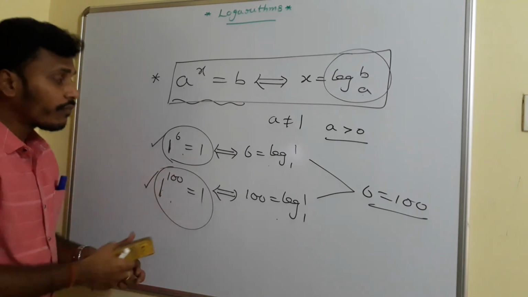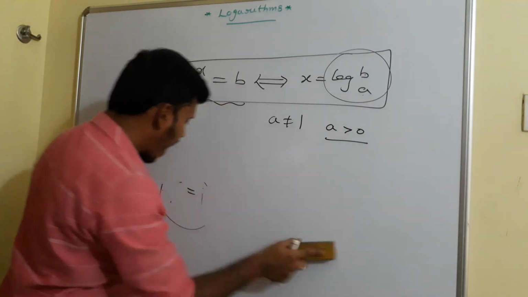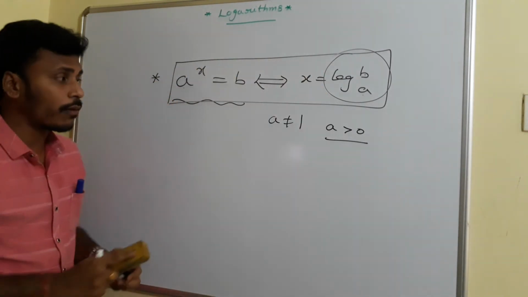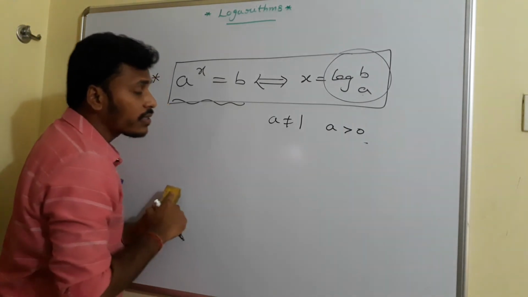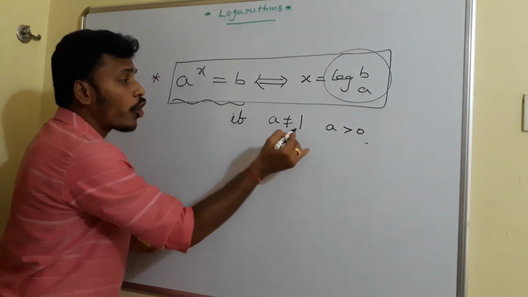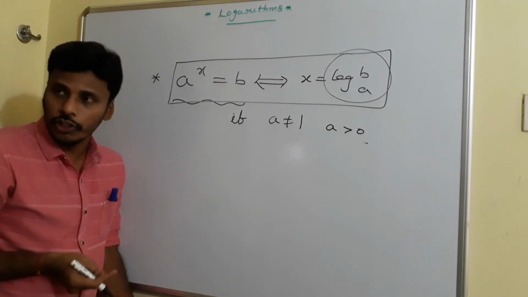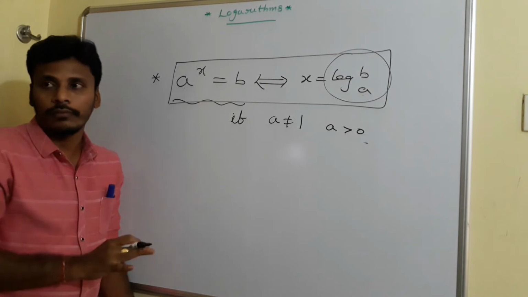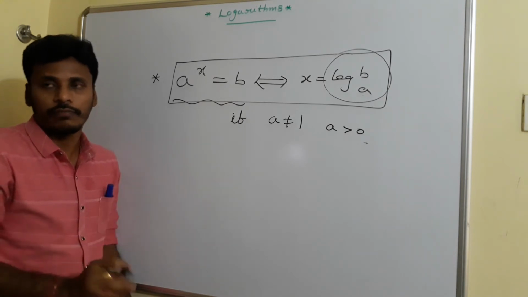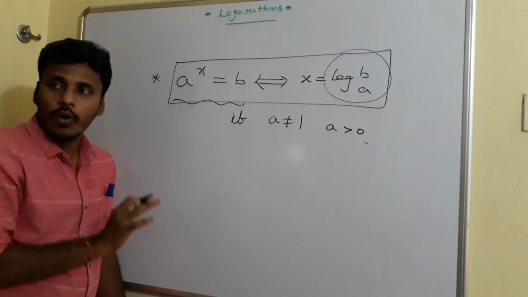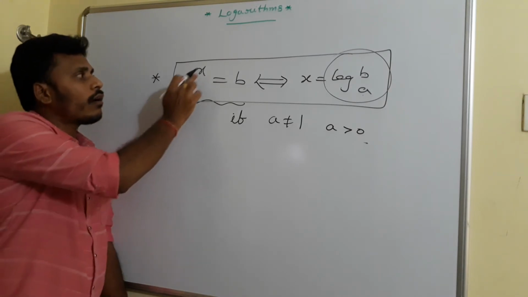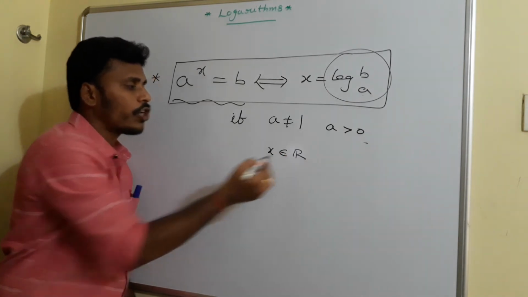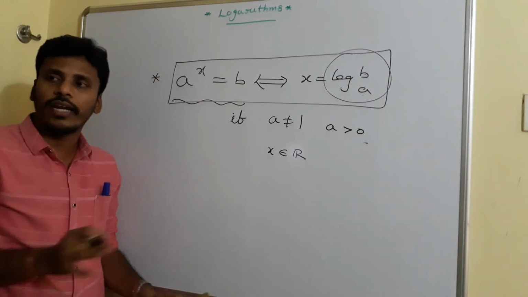So finally, with this discussion, what I have in my hands is a power x is equal to b if and only if x is equal to logarithm of b base a, whenever a is positive and a is not equal to 1. So I just restricted a, that's it. This a is restricted as positive and not equal to 1, and there are no restrictions on x. Just take any real value in the place of x, and you don't get any restrictions, right?